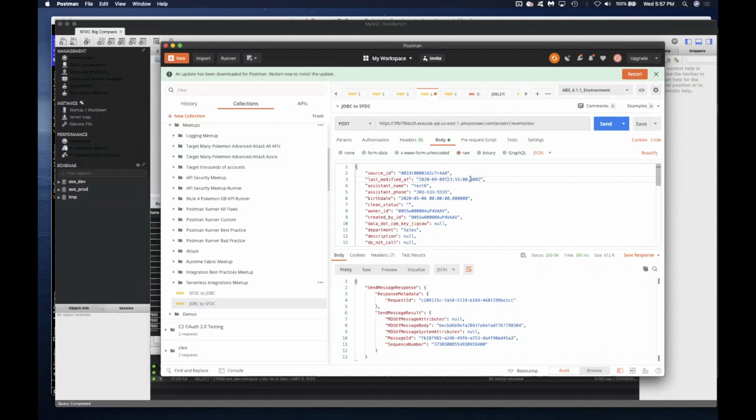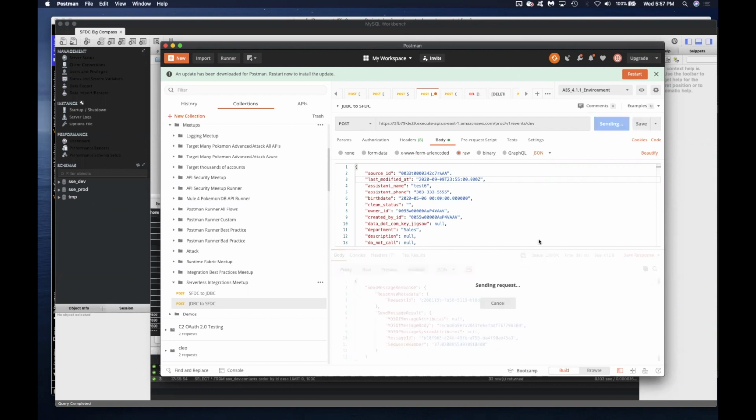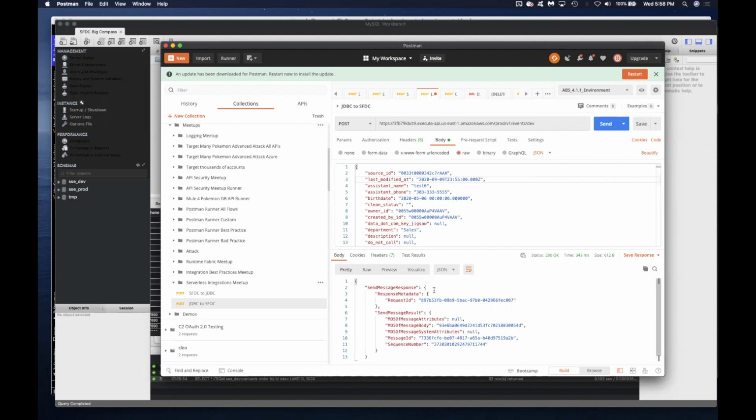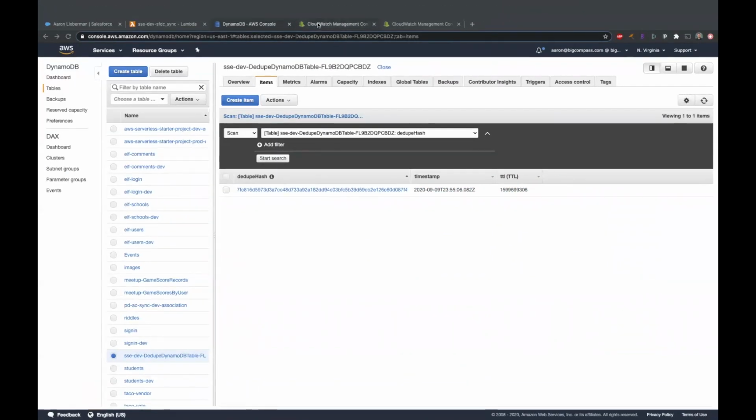And so what this is going to do is say, okay, this is actually a change that came out of the database unintentionally. You know, this might have been a duplicate that was produced by a system that we just don't want to process because it's the exact same event that we just processed. So I'm going to go ahead and send this in, and we're going to get a success message here, and that's okay. You know, this has been accepted into the platform.